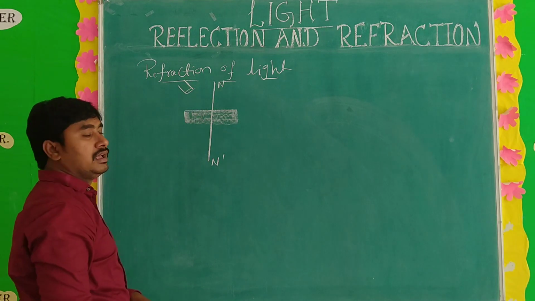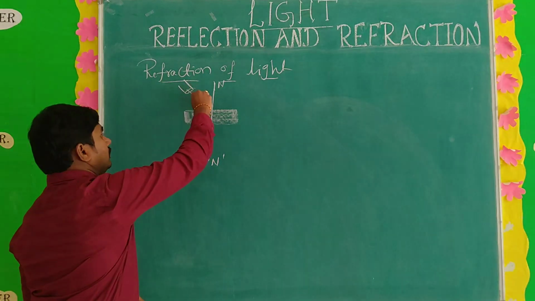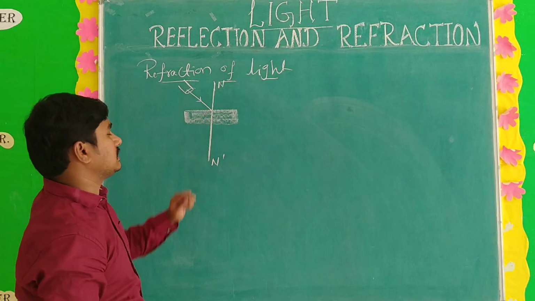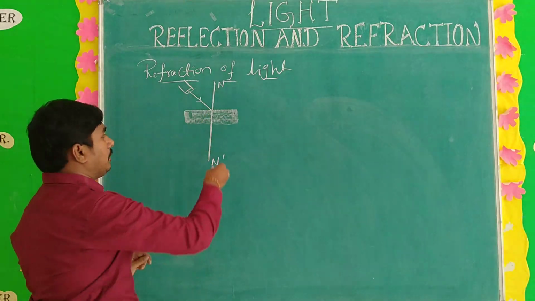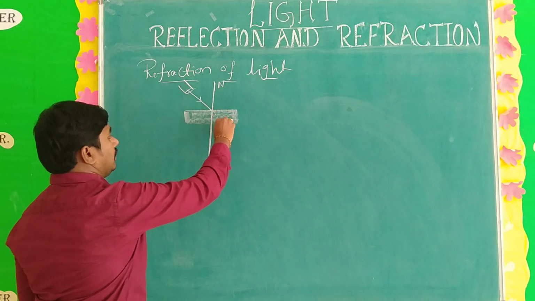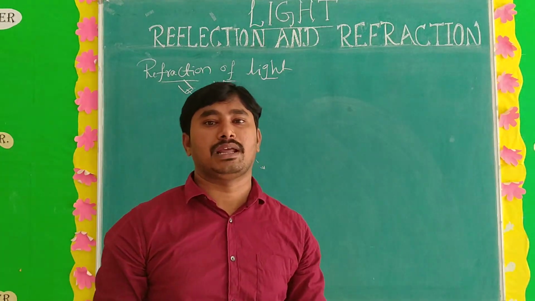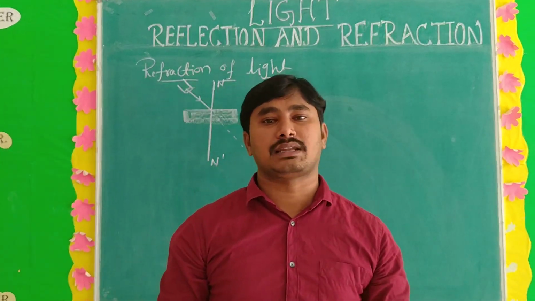It's a laser light. When the light ray falls on a transparent medium, on the surface of the glass, actually, if there were no glass, what would happen? The light ray would travel in a straight line. You know very well the first property of light. What is the first property of light? Light always travels in a straight line.